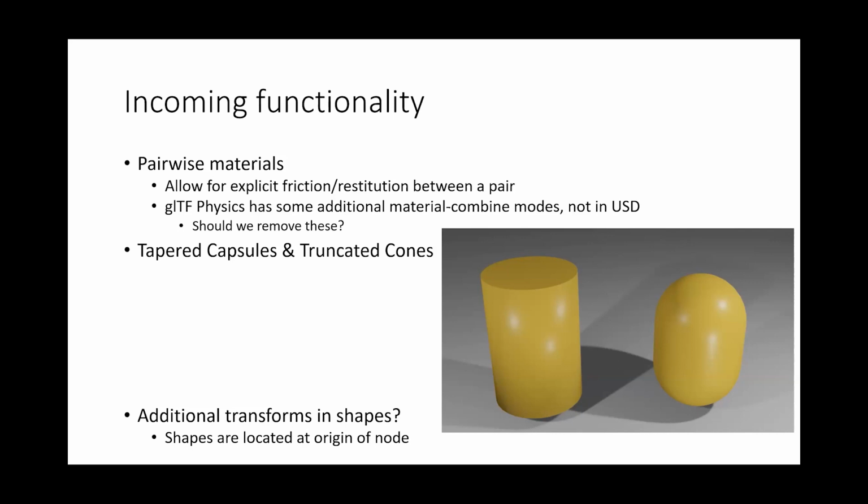Another thing we're talking about is tapered capsules and truncated cones. These two shapes, we have cylinders and capsules right now. We've had a request to have them support different radii. So truncated cones can make actual cones, and tapered capsules are very useful for character joints, character limbs. Obviously, it's quite easy to add that spec into glTF. In USD, it's a little bit